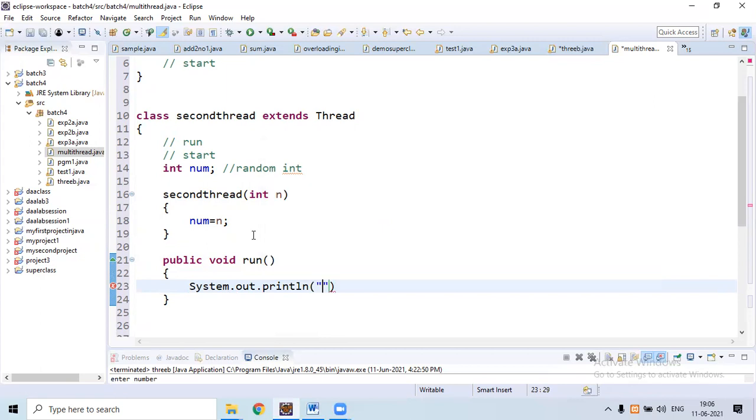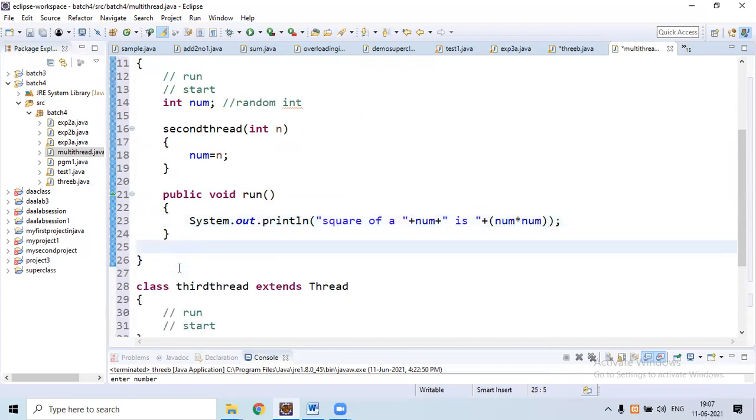Here we need to print "square of a number" is, yes, first we need to specify the number, "square of a number num is" plus, here calculate n square, means num square, that is calculated by num into num.